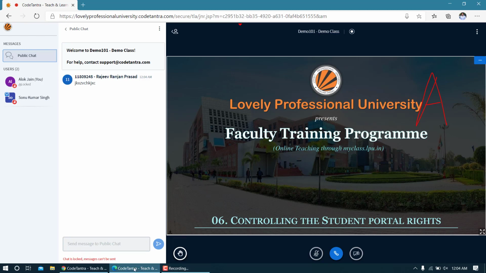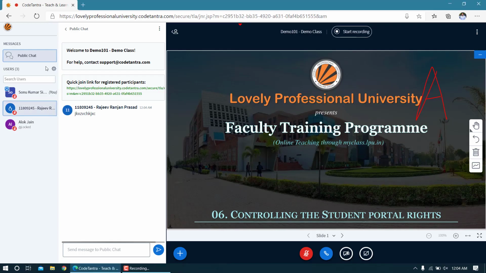So that is what we mean by controlling an individual student, not locking the entire class. And if you want to unlock a student, you can simply do that as well. Now you can click here, and click lock one more time, and now this student is locked too. Now this student cannot communicate as well. So this is how you control the class by the tools which are already available there.